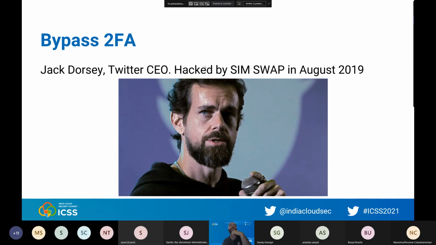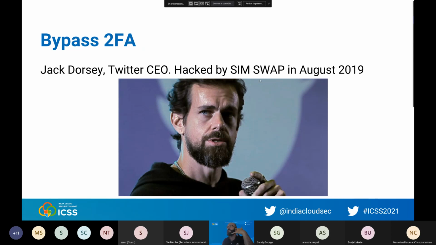And they used a technique which is very poor, but which works: they call your mobile operator and say, okay, I lost my SIM, can you reassign my phone number to this new SIM?